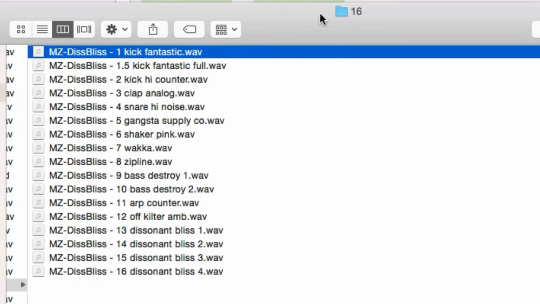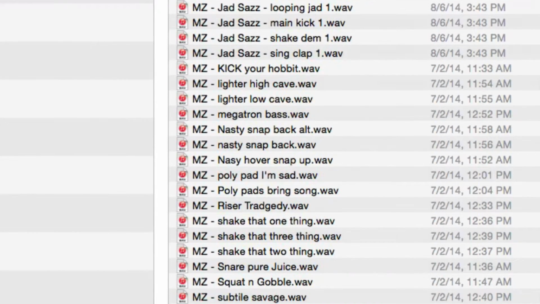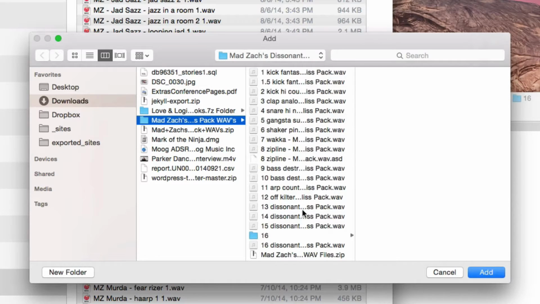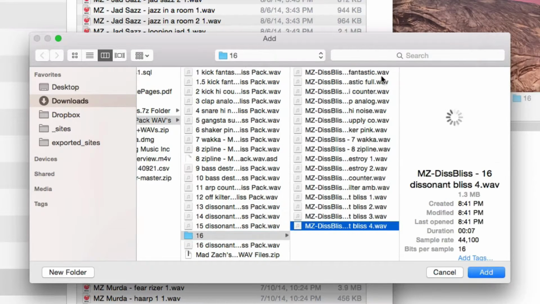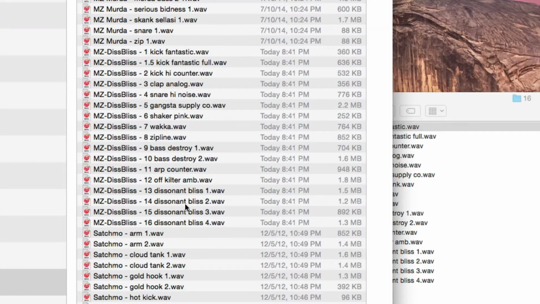Okay, now that they're all renamed, I'm going to open them in this right-hand dialog, Add. That'll be in my downloads, Mad Zach 16, and I'm just going to select them all. Alright, looks like they're all there, and we're ready to look at how to import these sounds onto the individual pads in IMPC Pro.